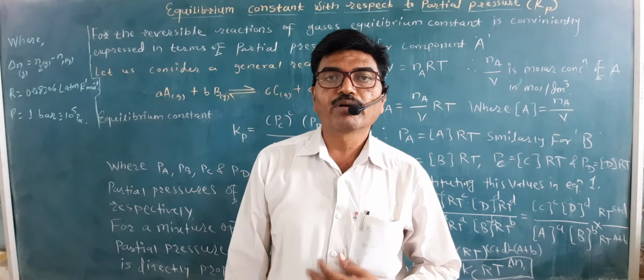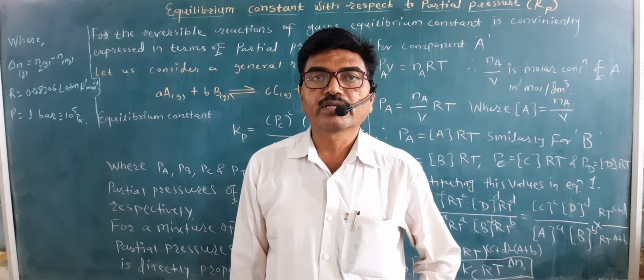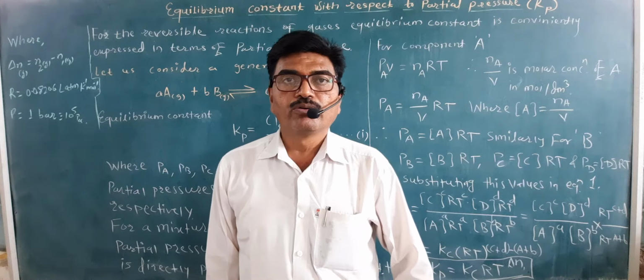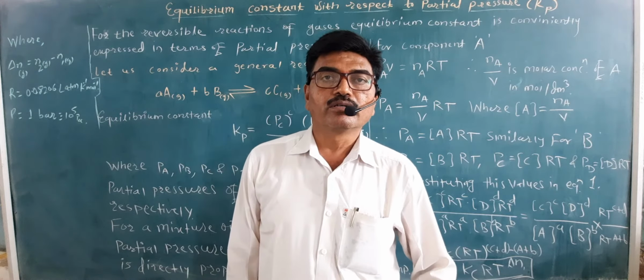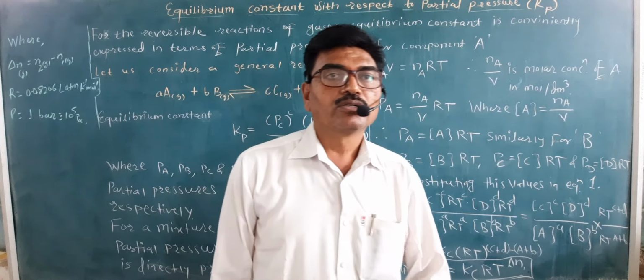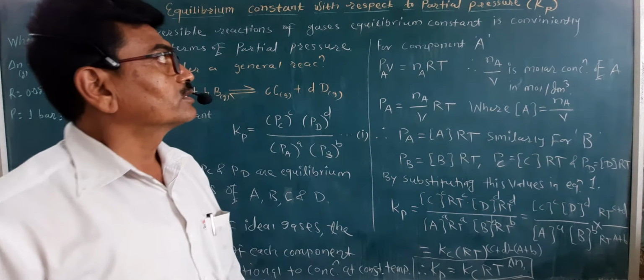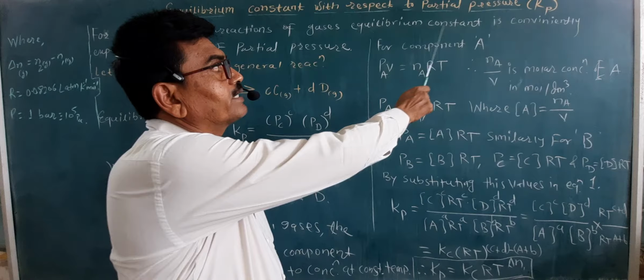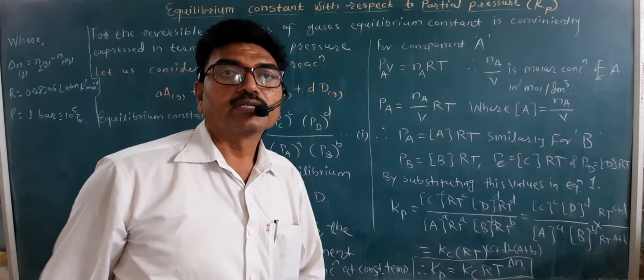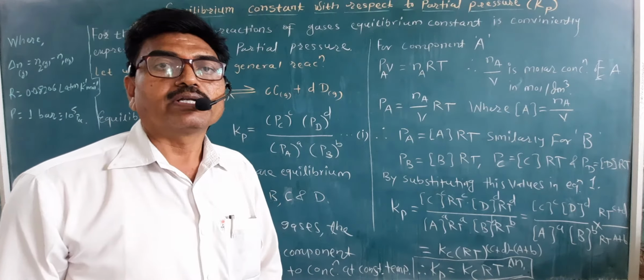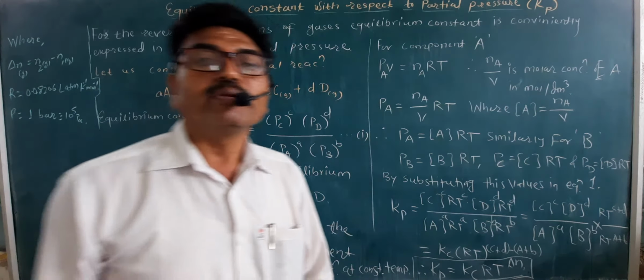So this is video number 4 based on chemical equilibrium. In this video we are going to learn one more aspect, that is the equilibrium constant with respect to partial pressure, Kp. In the previous video we have already studied the equilibrium constant